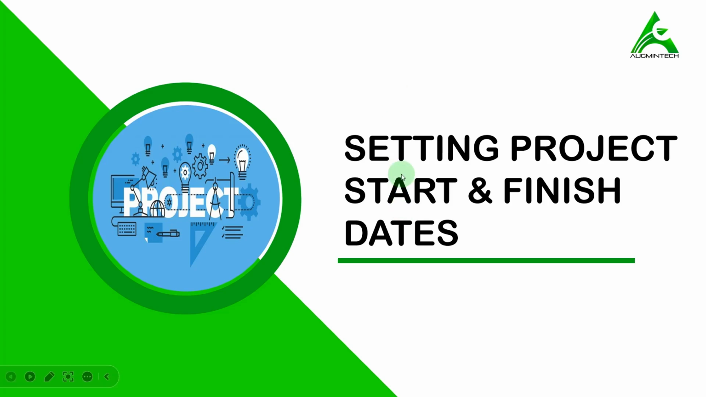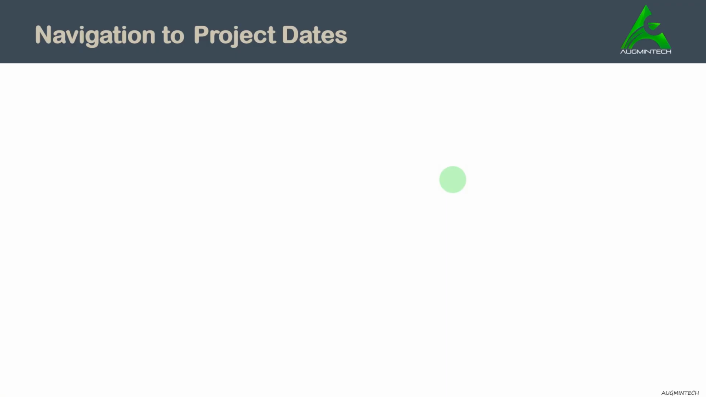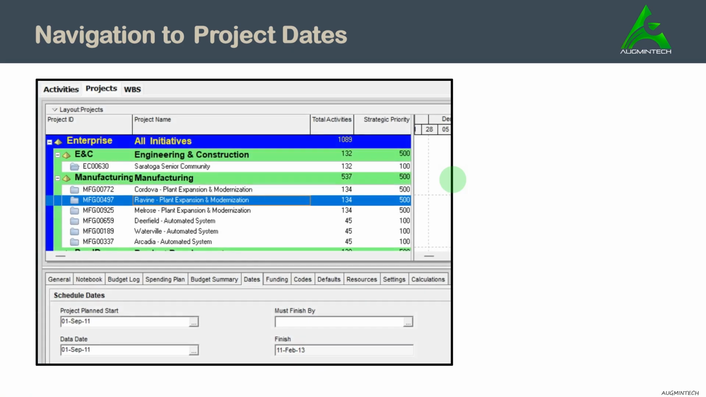Hello everyone. In this lecture, we will learn about setting up the project start date and project finish dates once we set up the project. So once we have set up the project in Primavera P6, how to navigate to the project dates at the overall level. In the overall project window, in the bottom details section, you will be seeing the dates